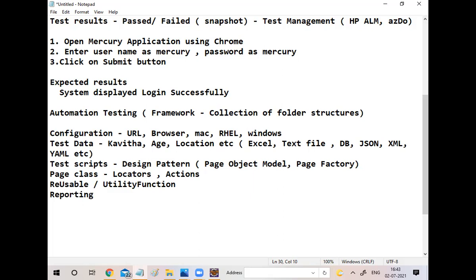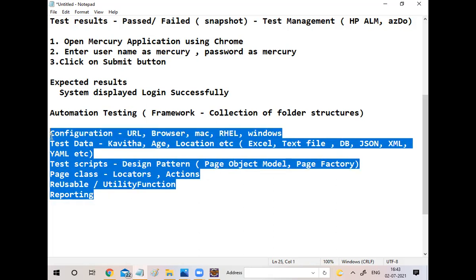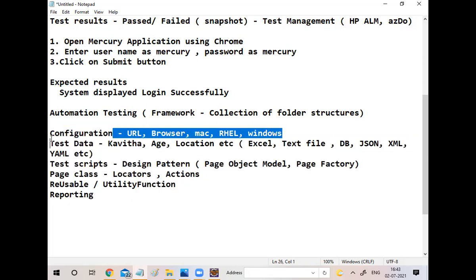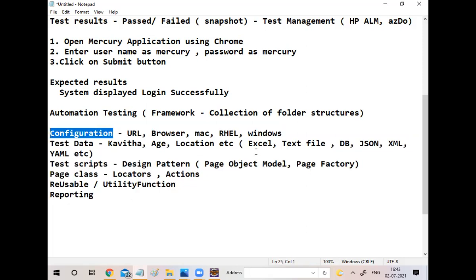Now slowly we'll convert this into automation level. This is a framework only we created; programming we didn't talk about anything. Configuration is the same: the URL, browser, everything. Here I am saying I want to keep it in a properties file. So you maintain your URL, browser, Mac details, Windows details, everything in some properties file.